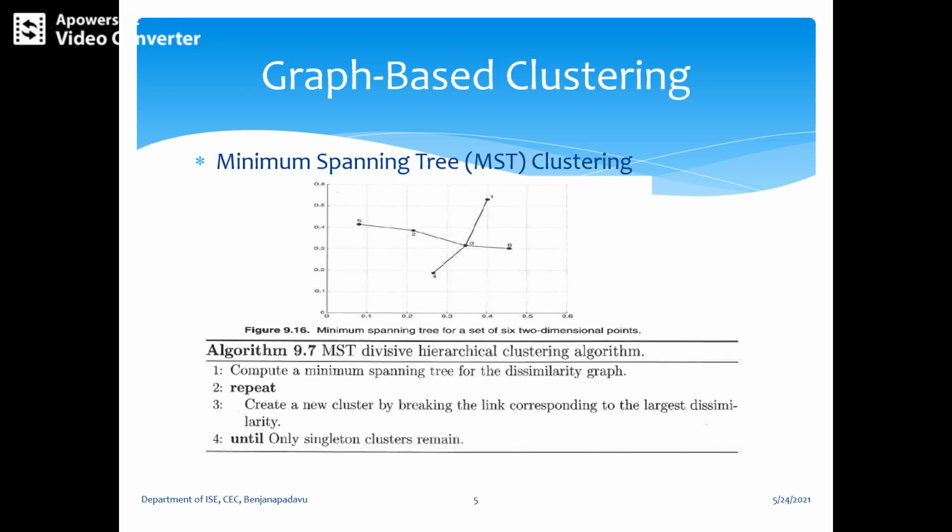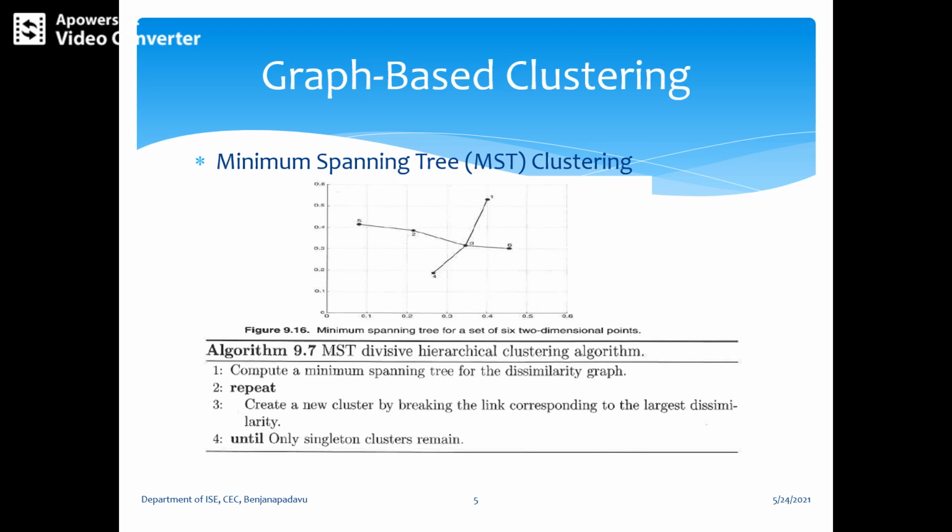So here, step 2: find the MST of the original dissimilarity graph. We should note that a minimum spanning tree can be viewed as a special type of sparsified graph. Here step 3 can also be viewed as sparsification. Hence, MST can be viewed as a clustering algorithm based on sparsification of the dissimilarity graph.